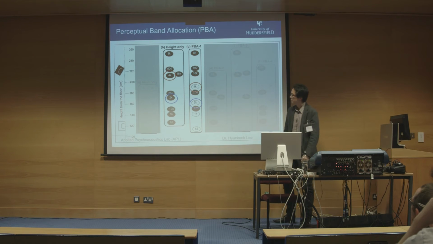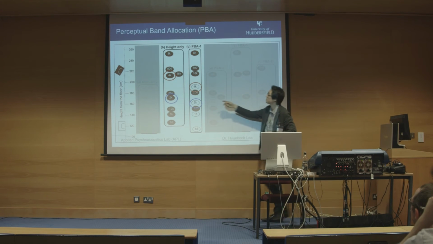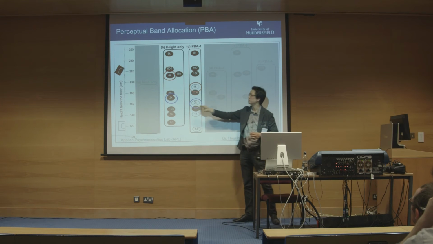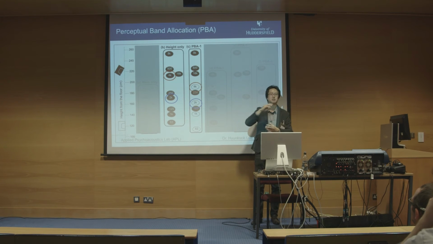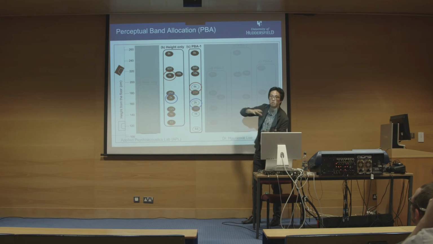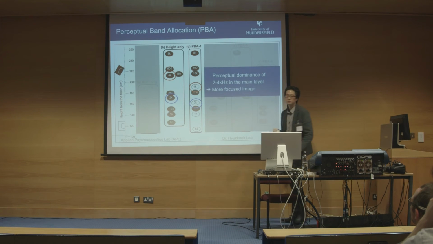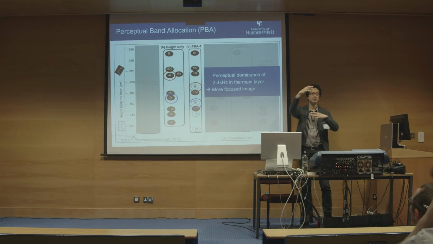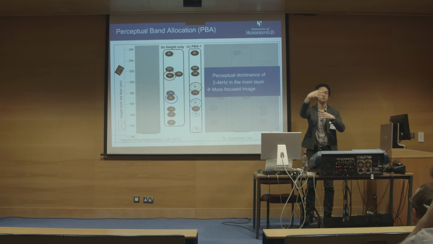So, having looked at the HLTF difference, we can see that this PBA1 condition has more dominant energy around 2 to 4K, because these bands were reproduced from the main layer, which has more 2 to 4K dominance. So then it's possible that the perceived image is more focused around somewhere in the middle position rather than being